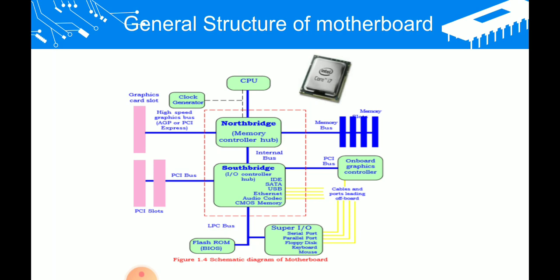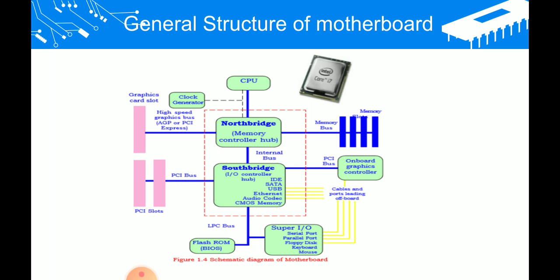For the CPU to process, it takes the data or information from the primary memory. We know that the CPU will take the data and information from the primary memory, which can be either RAM or ROM. So from these it will take the data to perform its task. So that is the function of the CPU.